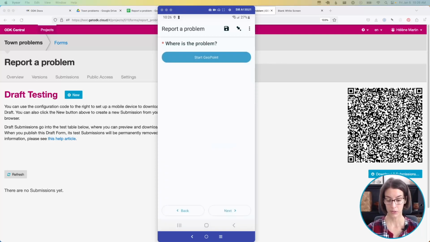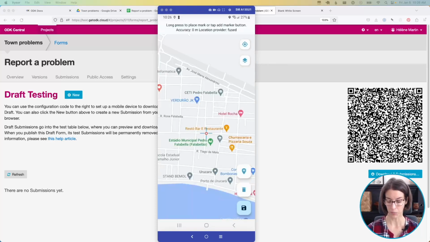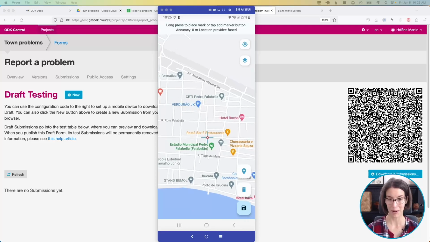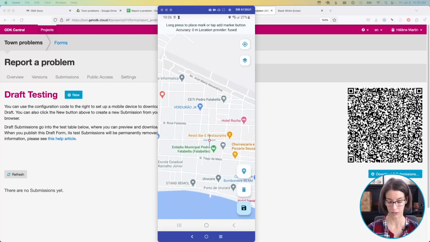Where is the problem? So where is this bench? Here I'm going to select some look. I'm not sure where I am. For development, I often use a location spoofer, and so I'm going to long press maybe a little ways away from me because maybe I didn't